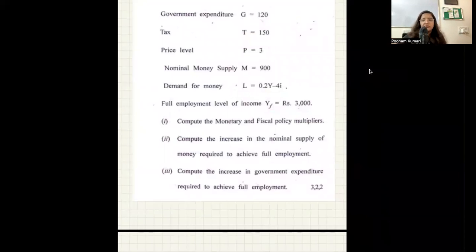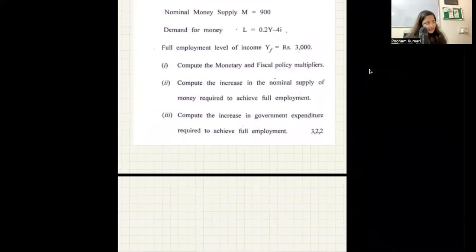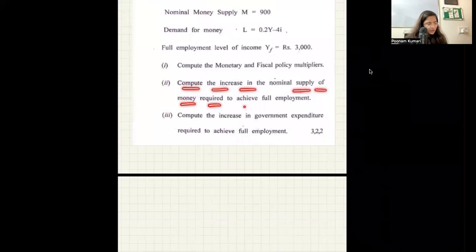Okay, so Y basically is given, and then in this particular case you have to find the monetary and fiscal policy multipliers. So if you remember, based on the derivation that we did in the previous session, wherein we discussed a problem related to that, wahan se we can take some hint from that, and I will also refer to that particular question to do this problem. And then, first we have to find the monetary and fiscal policy multiplier. It's a straightforward problem.